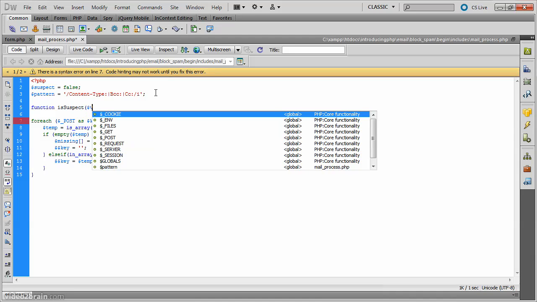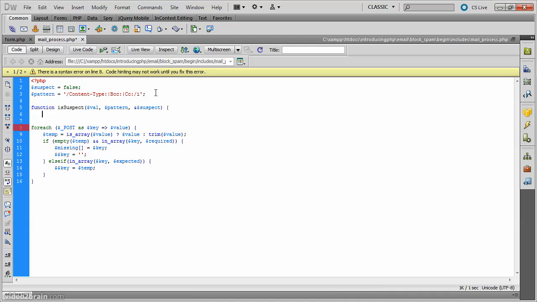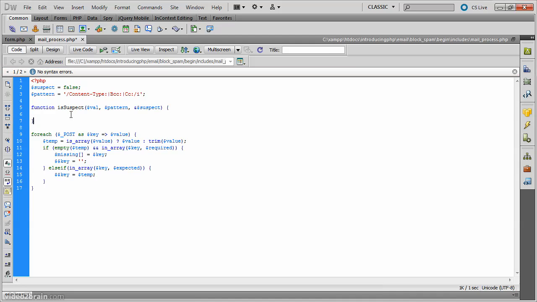It will take three arguments. The first one will be $val, the second one will be $pattern, and the third argument I want to pass by reference. When you pass an argument by reference, you precede it by an ampersand. I'm going to use this with the $_POST array, so I need to put in a conditional statement which checks whether $val is an array. So, if is_array($val),